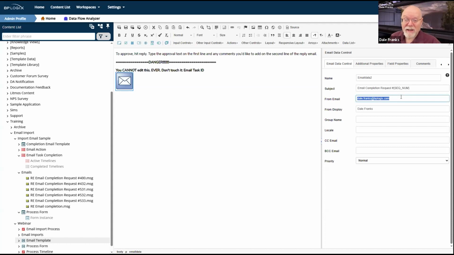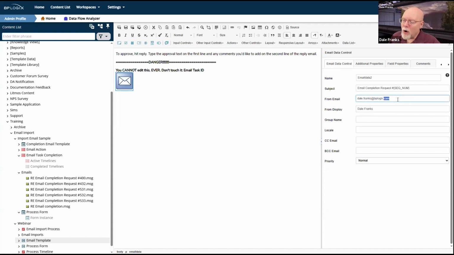But in this case, it's got to go to an email inbox. It has to be replied to, and that email has to be available to be imported into Process Director. So just as I have set the from email to my BP Logix email address, you will probably have to, on the email data control in your email template, set it to whatever email inbox is going to be the storage location for all of the response messages that you get from your end users.